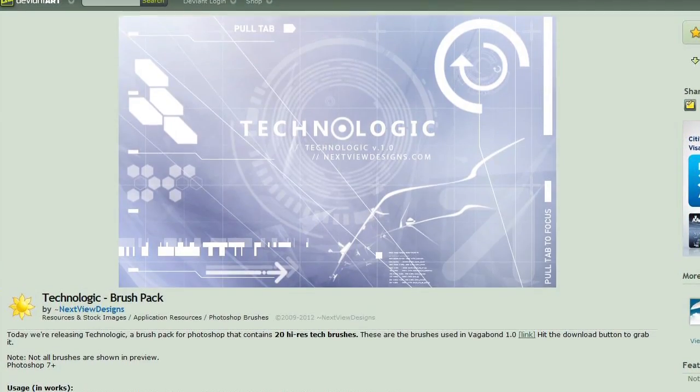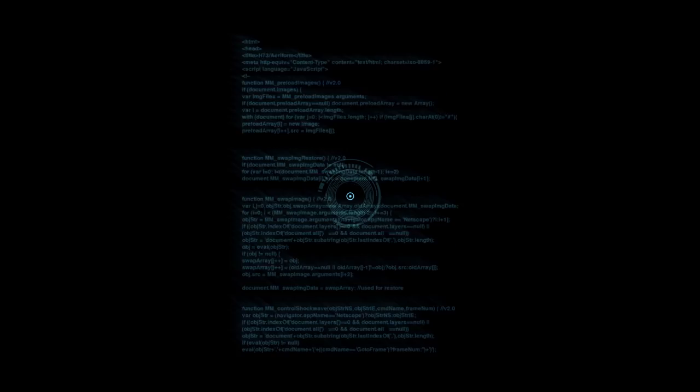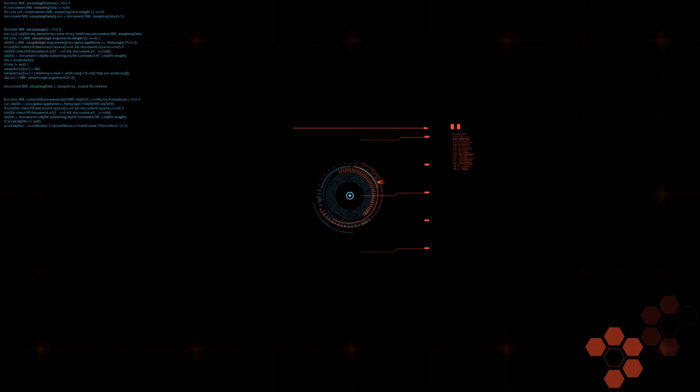I made the heads-up display by going online and finding a Photoshop brush pack of futuristic elements, and then I used a program called AVR Viewer to convert those Photoshop brushes into individual PNG images with transparency. Then using those images, I could load them up into After Effects and position them and rotate them however I wanted. And I made a comp out of that, and that is what you see on top of the point of view footage in the video.